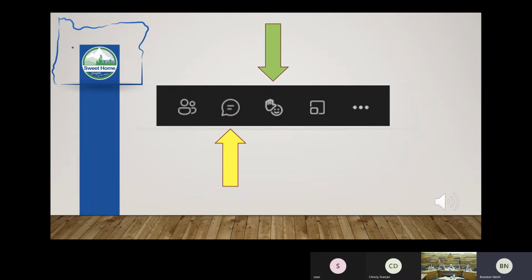If you wish to speak at any point during the meeting, you can choose the hand icon, also located in the upper right-hand corner indicated with the green arrow. It's the equivalent of raising your hand. Then, the mayor, acting chairperson, or moderator will ask you to speak at the appropriate time. We'll give everyone a few moments now to enter their name, address, phone number, and topic they'd like to address with the council in the meeting chat.